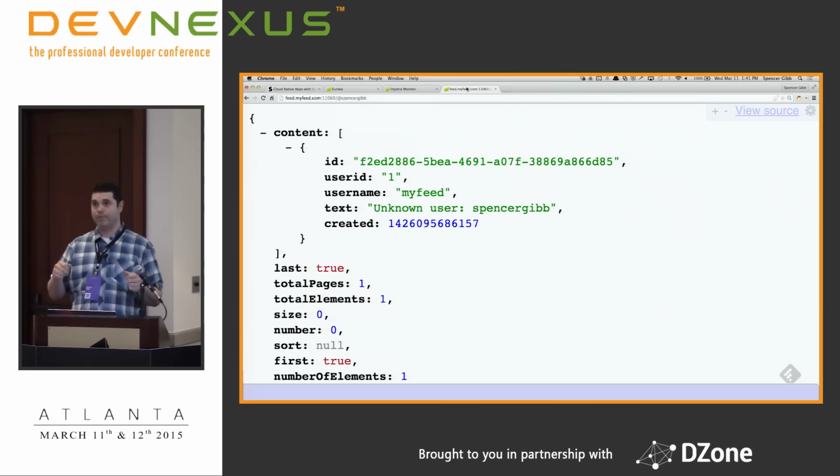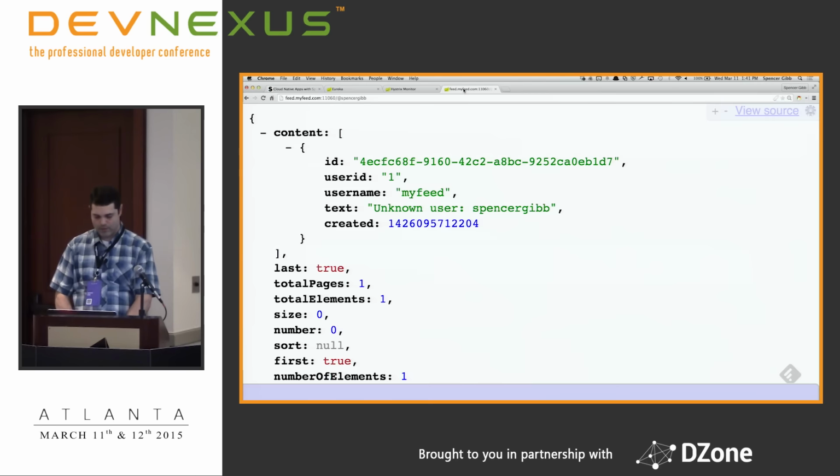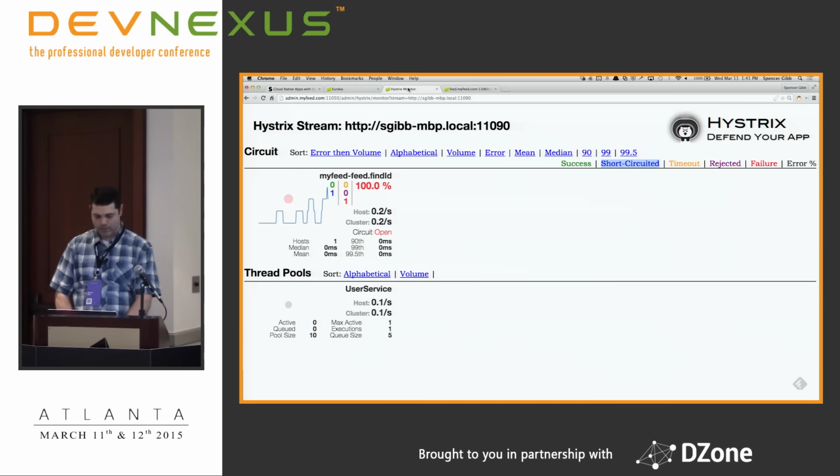And Ribbon also, they've configured both Eureka and Ribbon with some times to allow for network hiccups and things like that. So, come on. Oh, the circuit is still open.